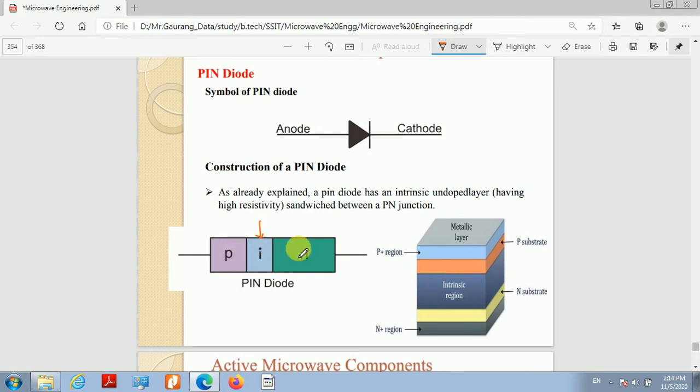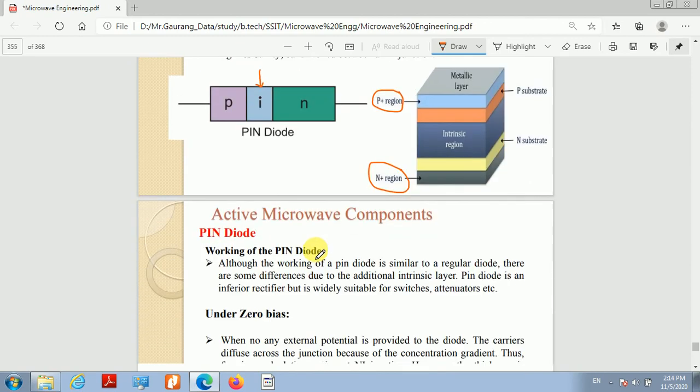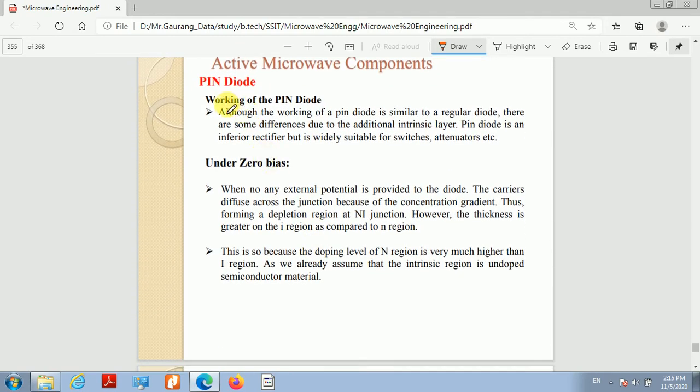P and N material has the highly doped region. So they are basically denoted by P plus region and N plus. Okay, so the reason behind P plus and N plus is basically the doping level of these two regions is higher than the doping level of the intrinsic region. Correct. Now if you look at the working of the PIN diode, then we can understand the working of the PIN diode